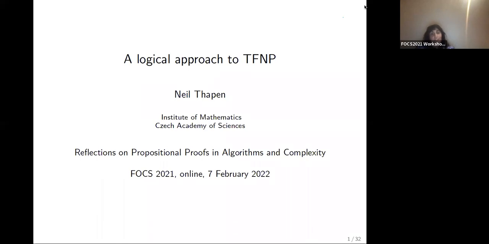This connection started a long time ago. Actually, Sam Buss was the first person to really make it very explicit, these systems of bounded arithmetic and the strong connections between proofs in those systems and TFNP search classes. And Neil Thapen, our first speaker, has also done some real foundational work in the area. So I'm really happy to have them here to survey the area, but also tell us about